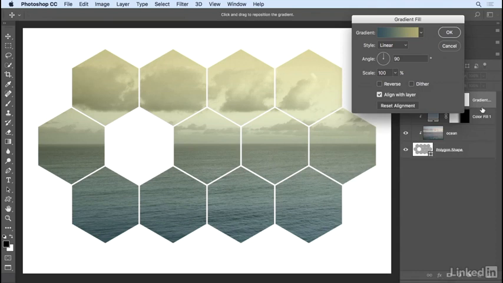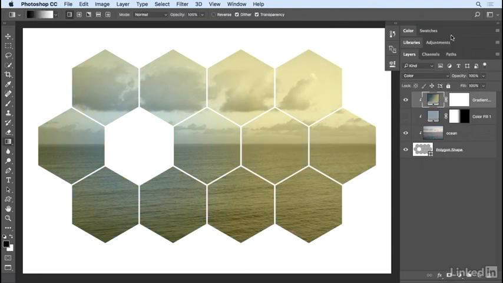I'll click OK, but I'm not sure if I like this linear gradient. I could try changing the angle to see if I like that any better, or I could change the style from linear to radial, but that puts the center of the gradient right here, and I'd like to move it over, so I'll click in the image area and just drag. I can also reverse the gradient so that instead of blue being in the center, yellow's in the center. I actually prefer the blue being in the center, so I'll undo that and click OK.